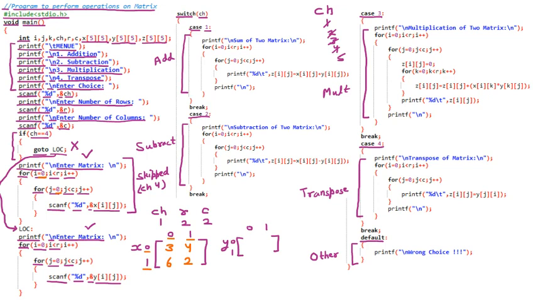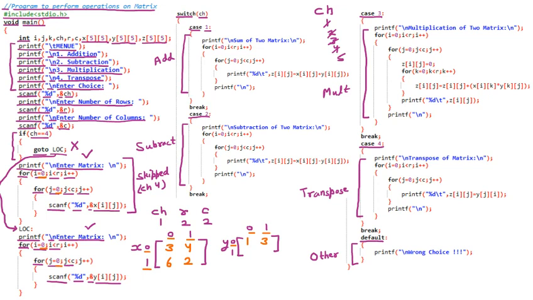Now first of all the value of i will be 0, j will be 0. So at 0 0 we have, let us suppose, taken the number as 1. So y[i][j] at 0 0 we have taken 1. Then j will increment. Afterward j will be there, let us suppose 3 we have entered.